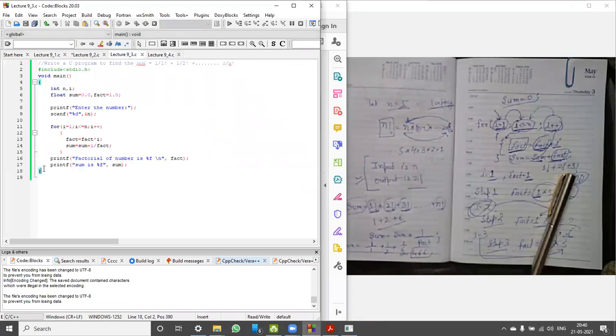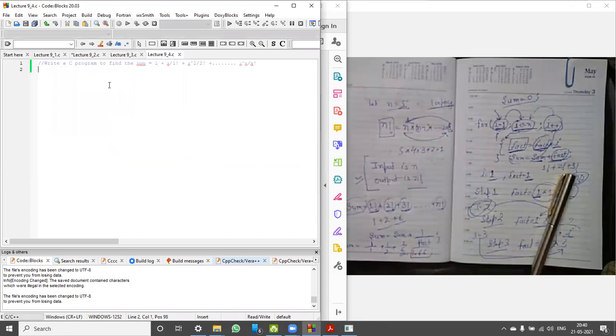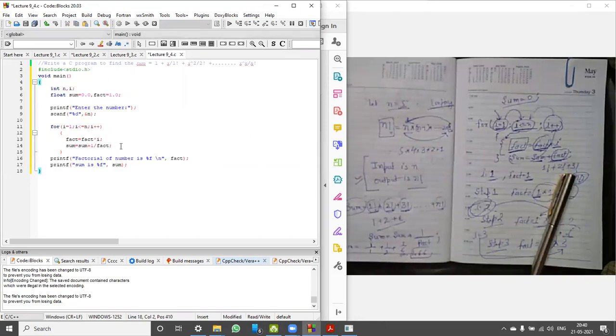To do this, copy paste this code. Now, what I can do, I can take one value as an integer. This is my x. X can be an integer or x can be a float, so you can take it as a float. First, take an input as n.